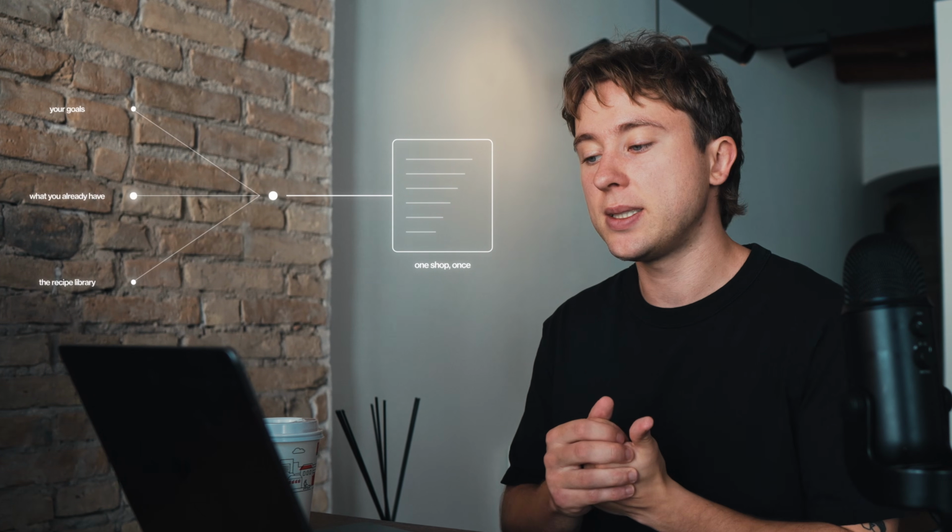So yeah, and at the end I want to have a meal plan that's based on my diet goals, while also prioritizing the ingredients that I already have so we don't have food waste, and then it gives me a full grocery list for the whole week, so I just need to shop once. And finally, I want the app, when I actually choose what to cook, to give me